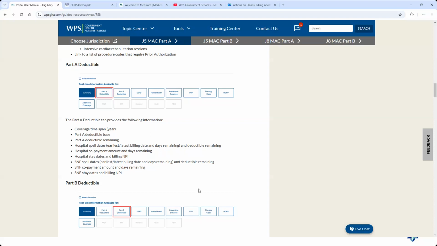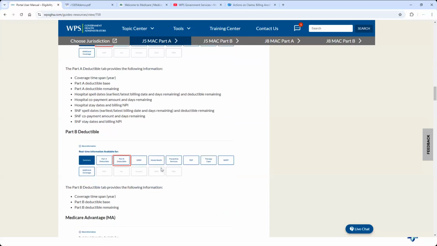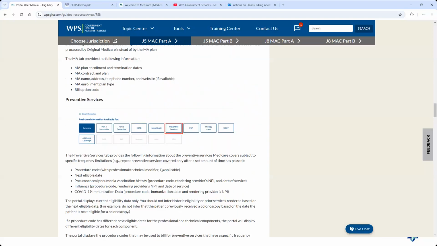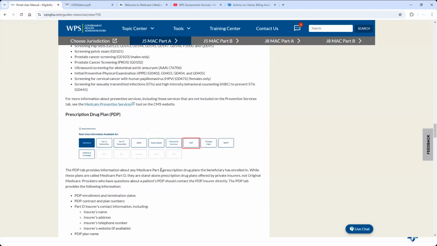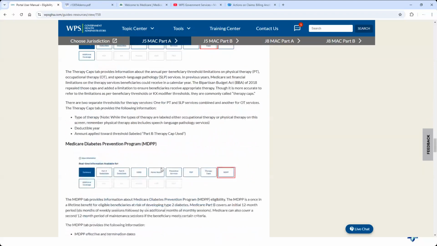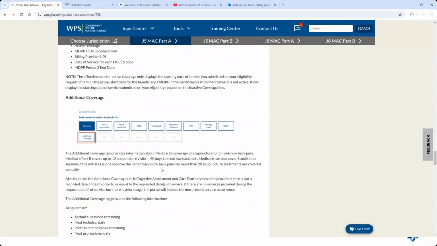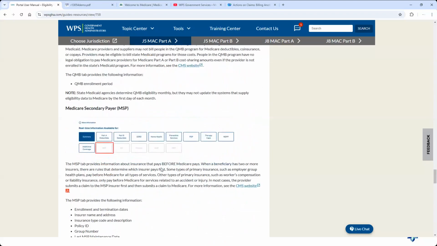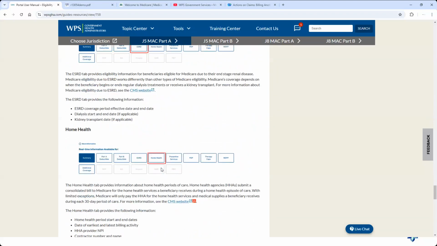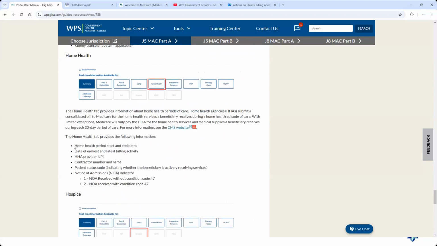I do like to scroll through this if you have more information or you're looking for specific pieces of information, such as home health, and you want to know which home health do I bill. You do have to come out, and it does take a little bit of work, but if we scroll down, D therapy. Again, look away as I scroll quickly through this, right? QMB, here's secondary payer. Home health, here we go. It'll say, okay, here's when your home health period started and ended. Now, if you don't have an end date, that means it's active. It's an active home health period.